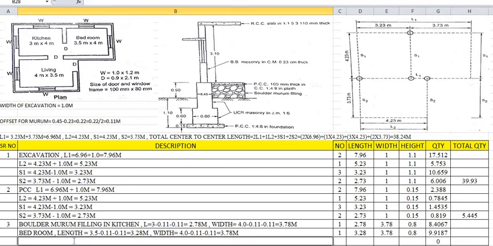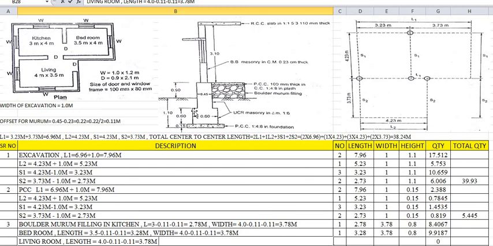In the same way, the third is the living room. Again in the same way we have to find out the length of the living room. What is the length of the living room? It has been mentioned in this plan as 4 meters along the length direction, the x direction. So 4 meters minus 0.11 minus 0.11 comes to be 3.78 meters.